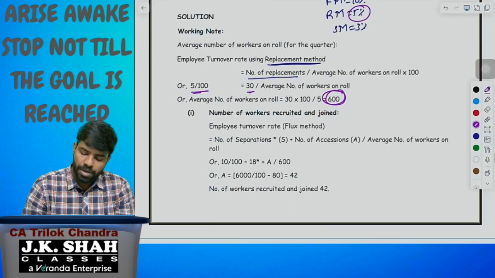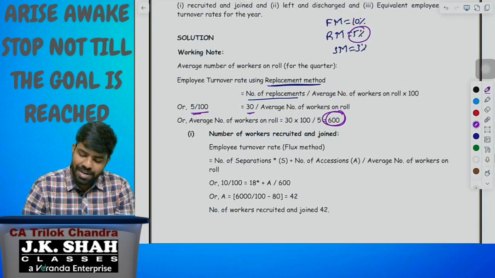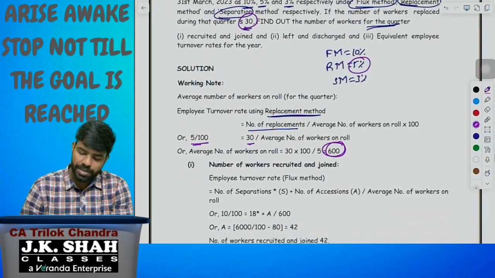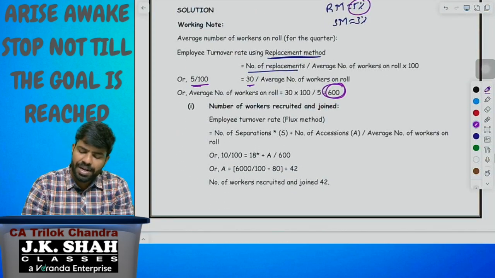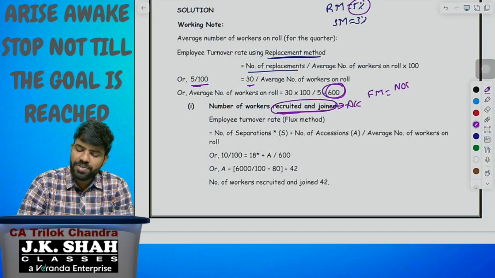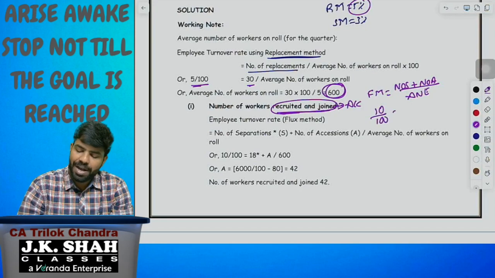Now, the number of workers recruited and joined. Please understand, recruited and joined. To answer this, we are going to take the flux method. Flux method is recruited and joined together, which we can call accessions. Flux method equals number of separations plus number of accessions divided by average number of employees. Flux method given in the question is 10%, so 10 divided by 100 equals number of separations